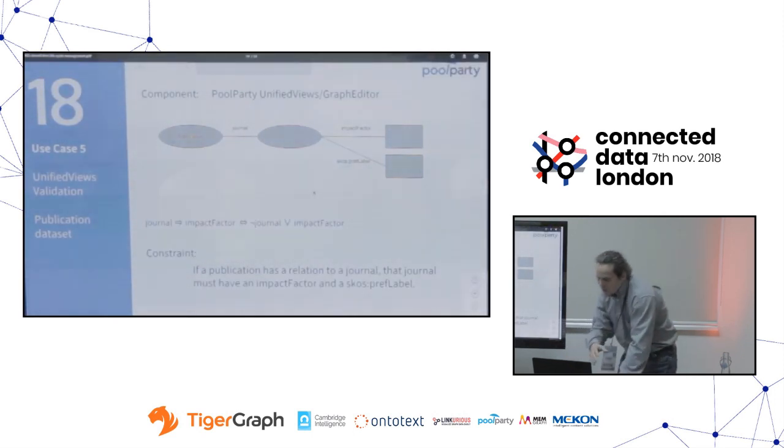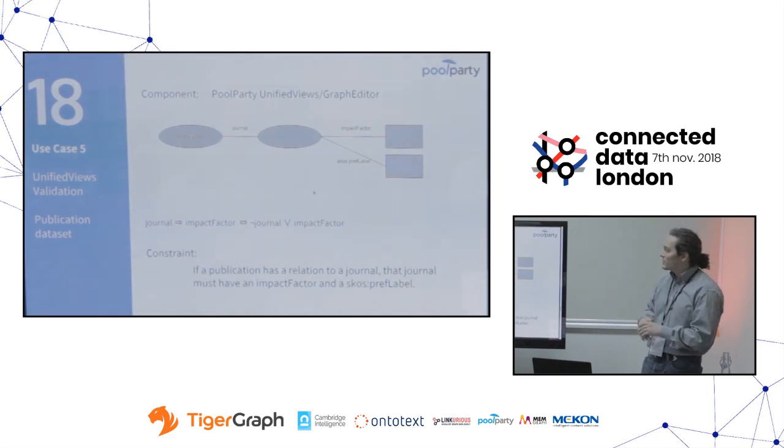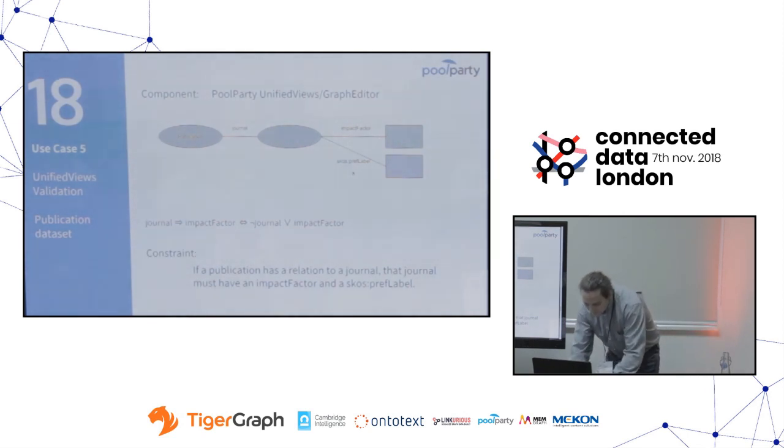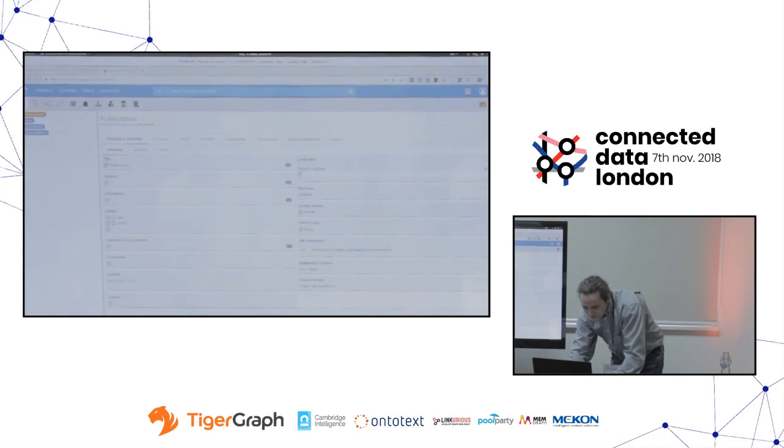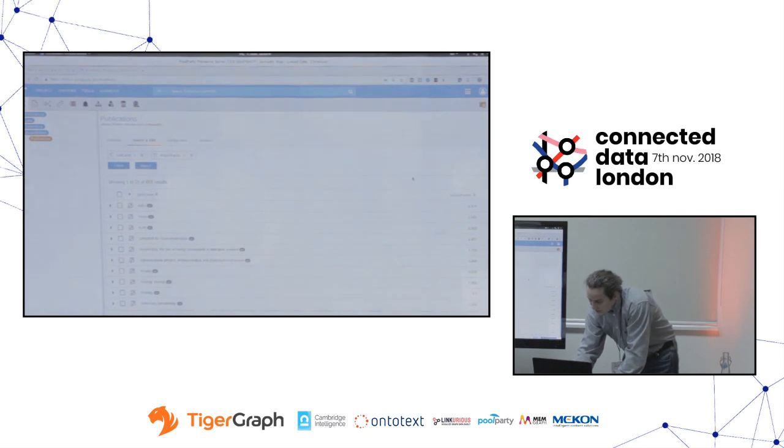We have these publications that might be linked to journals. And we want to ensure that if a publication is linked to a journal, it must have an impact factor. So it would be about data quality here, that we ensure that this impact factor is always there. I will not show the data orchestration tool here, but show it again with the graph editor. So publications, you will see a list of these journals, and they have this impact factor,